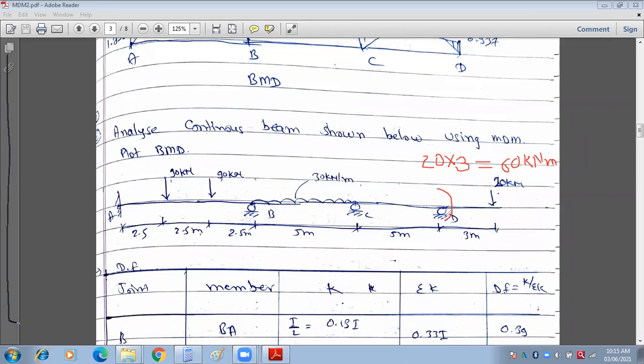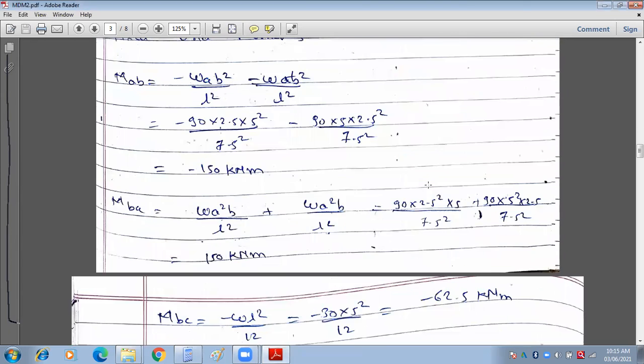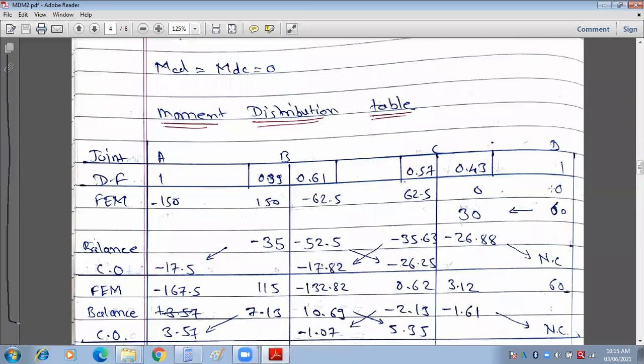Clockwise moment at point D we have to consider, and it will remain constant throughout the span because this overhang will not be removed from the structure. Therefore this moment remains fixed over that particular location. Therefore this moment is 60 at location D. Half of the moment is transferred to the far end, therefore the 30 over here. Now very first of all make the balance in between these moments.